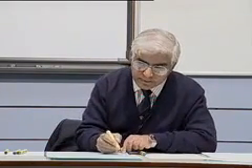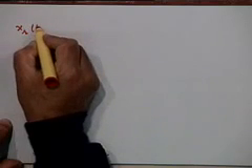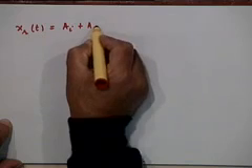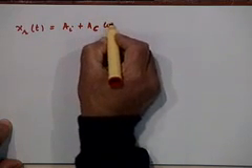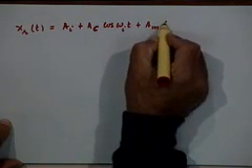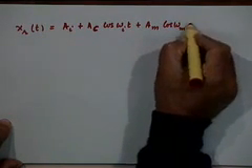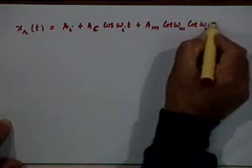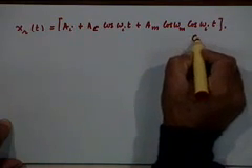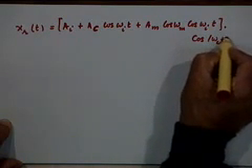You finally get this expression: x sub r t is equal to A sub I plus A sub c cosine omega it, plus A sub m cosine omega mt cosine omega it, into cosine omega c plus omega I t,